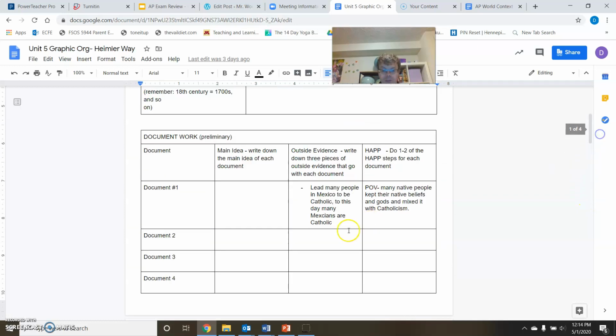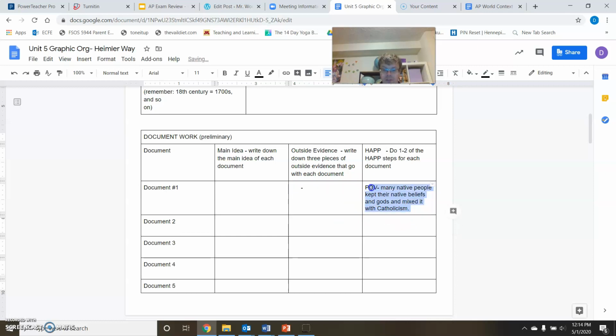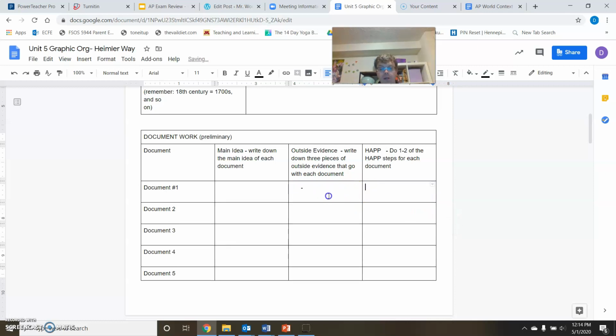And then you will also need to do your documents. Ooh, let me get rid of some of this stuff here. That doesn't need to be there. That's from the old one. And what am I going to do for my document work? So we have 5 documents here, and what you're going to need to do is write down the main idea for all 5. Outside evidence. For 3 of these documents, just write down some outside evidence that you could use. And then the HAP steps. Do 1 or 2 HAP steps for each document, so you have them down there and you can use them